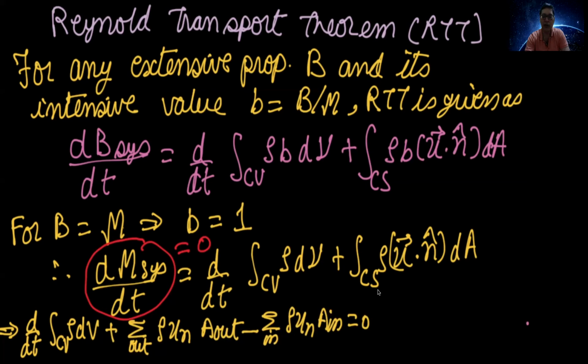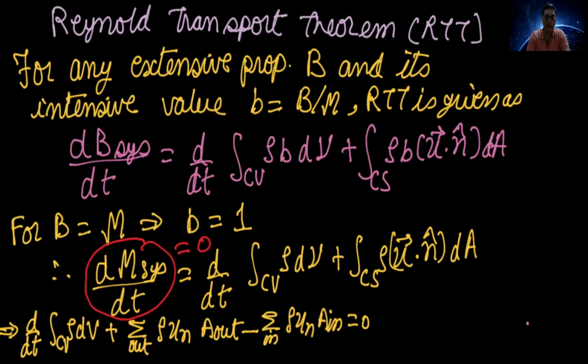So the net mass flow rate leaving across the surface of the control volume can be expressed as whatever is leaving minus whatever is entering. Note that you can have multiple inlets and multiple outlets. I will take an example problem in a later slide and show you. So I can write this surface integral in a generic form: the mass flow rate leaving, where I have the area of the outlets multiplied by the normal velocity and density, and the mass flow rate entering, which consists of the area of the inlets and the normal velocity corresponding to them.